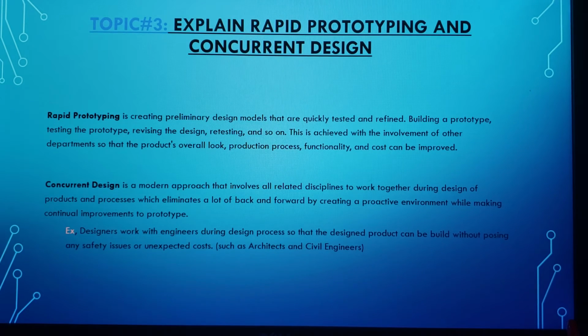Topic number 3: explain rapid prototyping and concurrent design. Rapid prototyping is creating preliminary design models that are quickly tested and refined. Building a prototype, testing a prototype, revising the design, retesting, and so on. This is achieved with the involvement of other departments so that the product's overall look, production process, functionality, and the